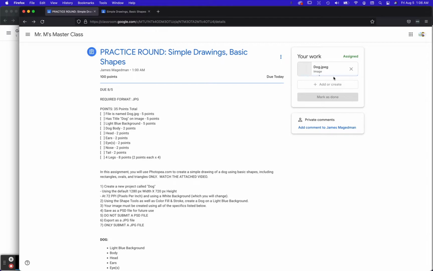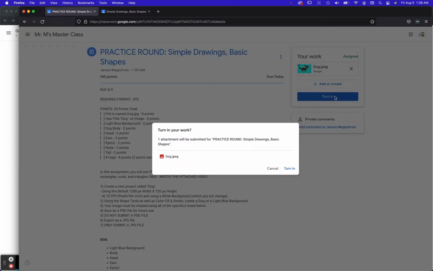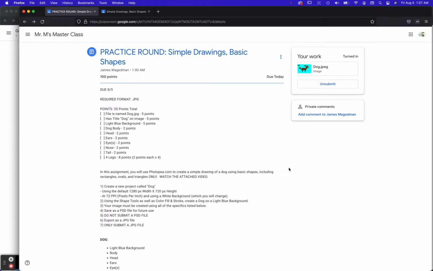And when it's finally loaded, you'll see that this "mark as done" will turn to "turn in," and I'll click on turn in. If you have an assignment where I have you do something in class that there's nothing to attach to, it'll just say "mark as done," and you could do that. So I'll go ahead and turn that in and get those points. If I have a problem, I could come here and click unsubmit,